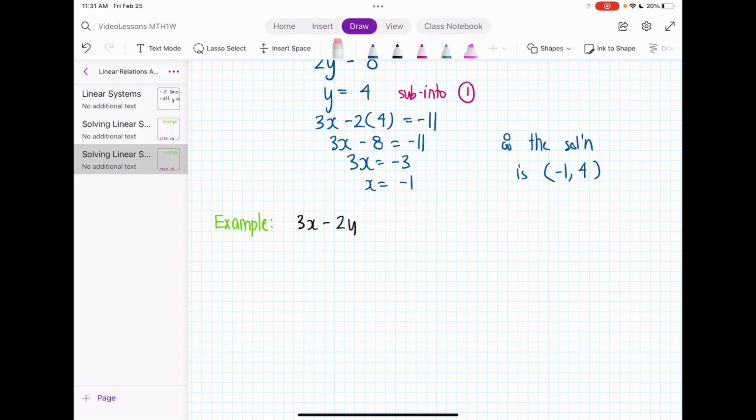Okay, so the example that you need to do is this one. Oh, I'm writing down the same one we just did. Okay, so that's the system you have to solve. And then when you've got that all done, then you scan and submit these notes into Google Classroom, and we will be practicing this in our next